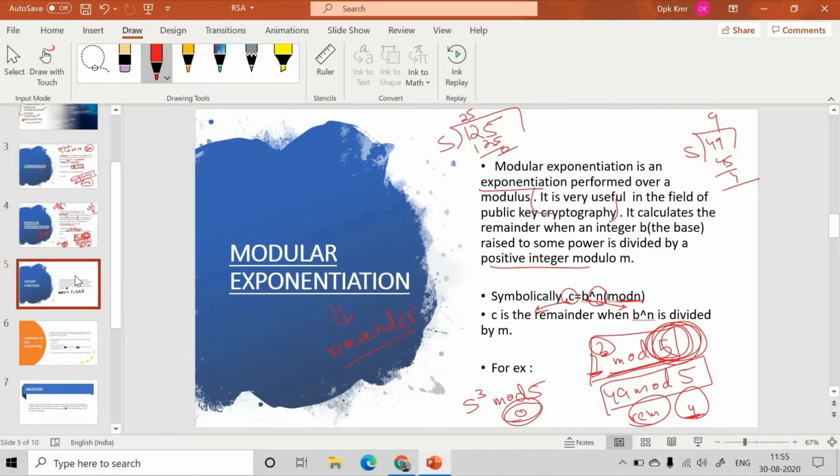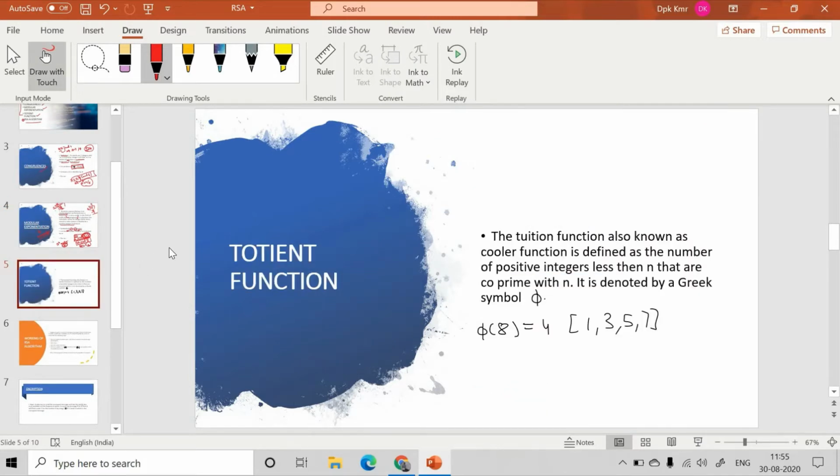Now coming to the next topic, the totient function. Now this is a completely new topic, because the totient function is literally taught in graduation years. Okay, so I'm very glad that CBSE has included this topic in class 11. This will make our foundation very strong. So what do we mean by the totient function? This is represented by this quantity phi.